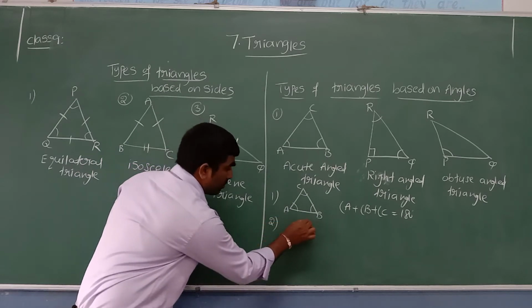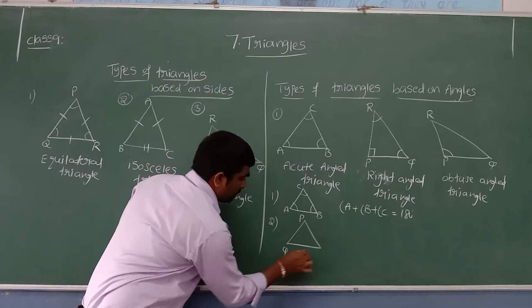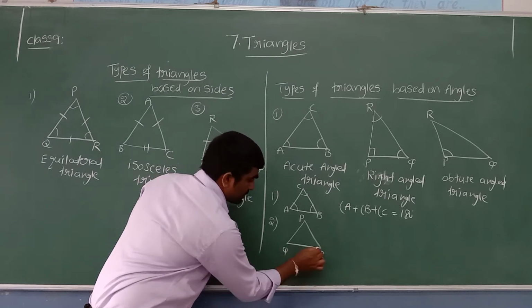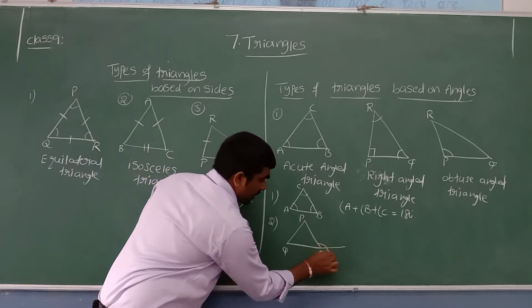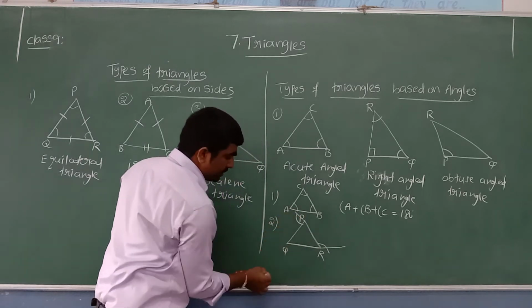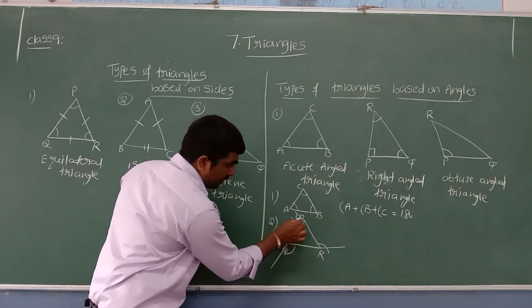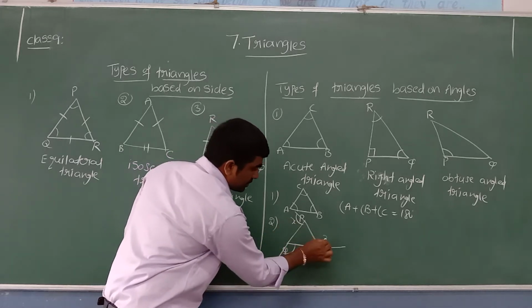And we also learned about triangles in the previous class. Let me write the name of the triangle PQR. Let me extend QR, and we can see one exterior angle. Let me extend RP on this side, where we can see another exterior angle. Even if I extend PQ, we can see one exterior angle. Let me call these exterior angles x degrees, y degrees, z degrees.